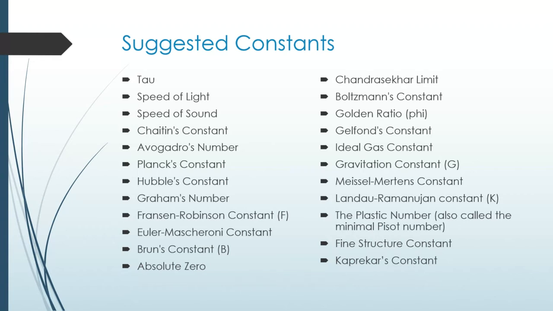They've got the Franson-Robinson constant, the Euler-Mascheroni constant, Brune's constant, absolute zero, the Chandrasekhar limit, Boltzmann's constant, the golden ratio. That's one that a lot of people pick. Gelfand's constant, the ideal gas constant, gravitation constant, Meissel-Mertens constant, Landau-Ramanujan constant, the plastic number, the fine structure constant, and then Capricar's constant. Capricar's constant is the one that I learned about recently when I went to a talk in March, and it was really cool. So I recommend you choose from this list, because it's going to be easier to find information